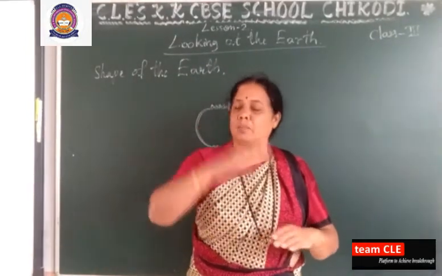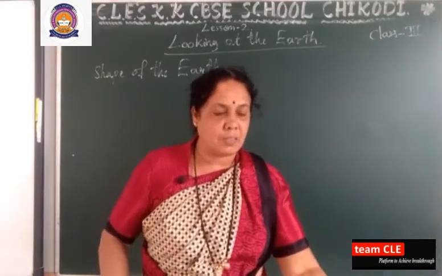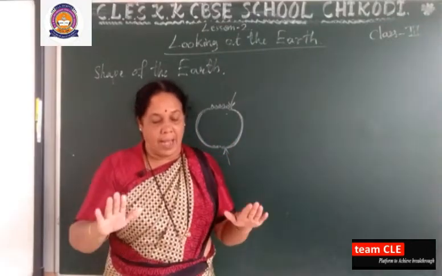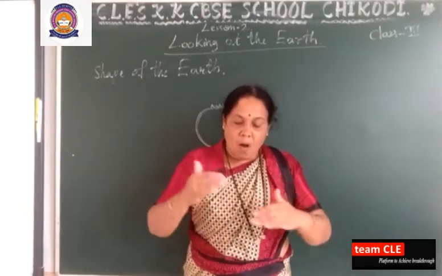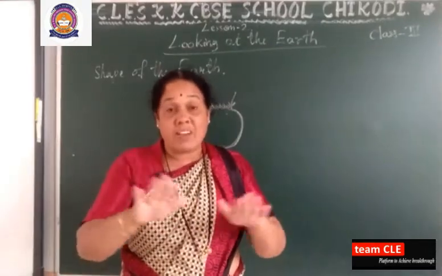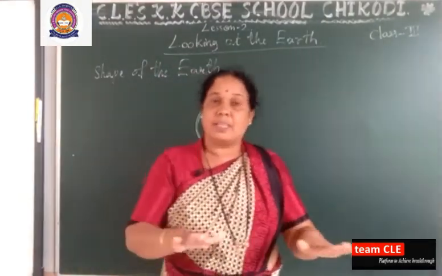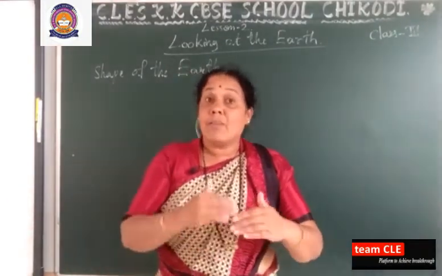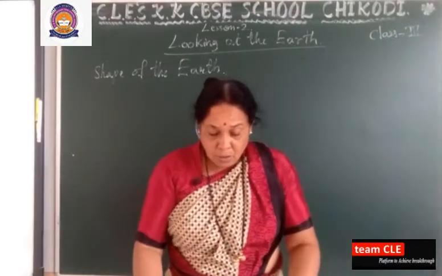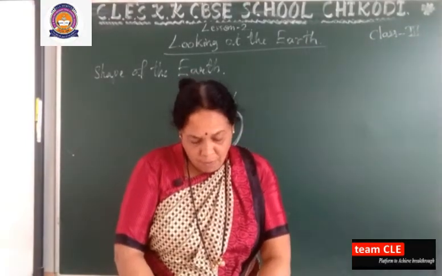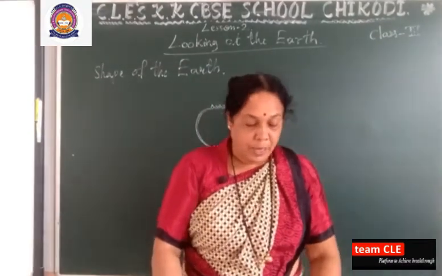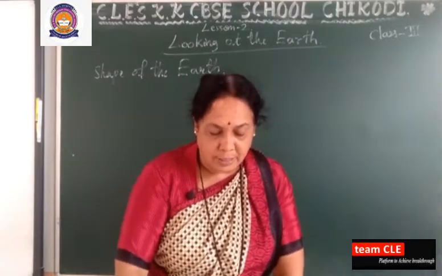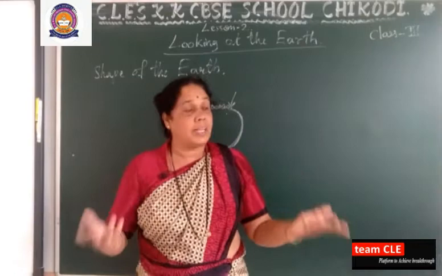Many years back, thousands of years back, people believed that the earth was flat, and that if they travelled too far they would fall off the edge of the earth. So to prove how the earth is, whether it is flat or round,